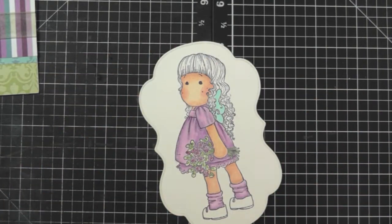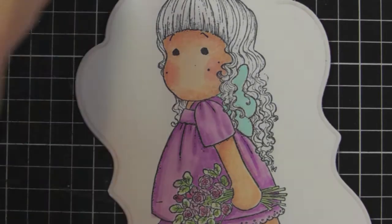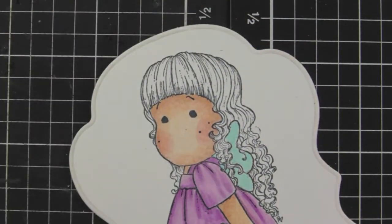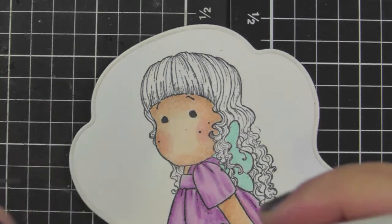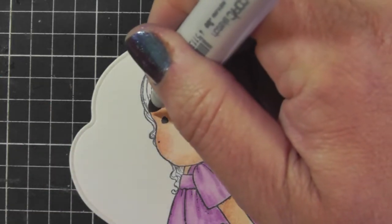I'm going to zoom in a little bit so I can show you what I did. I'm going to do the same kind of technique that I did for the brown hair, but for the blonde. For this image you're not going to see as much contrast as you did with the brown-haired one, because the hair is blonde and I didn't want to make it look too brown. The first thing I'm going to do is take the E23, the darkest color, and again I'm just going to start flicking